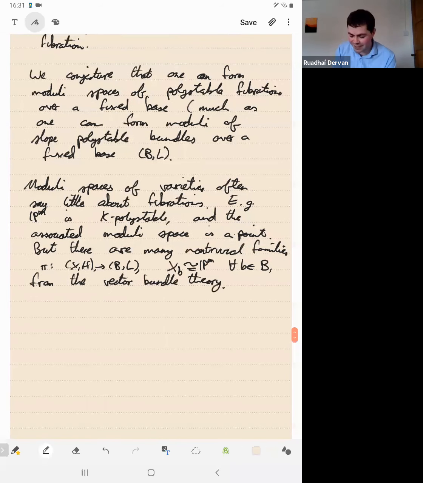So this is the sort of situation that we hope our theory should be able to help in. When the moduli theory tells you very little, it's because the fibers have large automorphism groups, essentially. In that sort of case, one should really be more interested in the study of moduli spaces of fibrations over a fixed space than the actual moduli space of varieties themselves. So our conjecture would essentially remedy this.